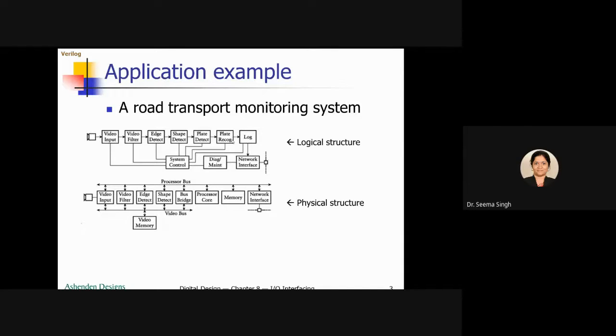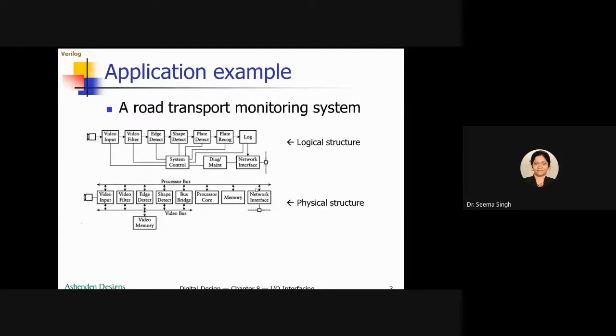All these are logged. Logged where? Logged to this network interface. See here, the log is there, no? Here only it is logged. And this information is transmitted to a central facility for recording and comparison with the information from the other stations. The central facility will have information at each toll booth, each gantry, of when the vehicle reached. With that, they will calculate the speed of the vehicle.